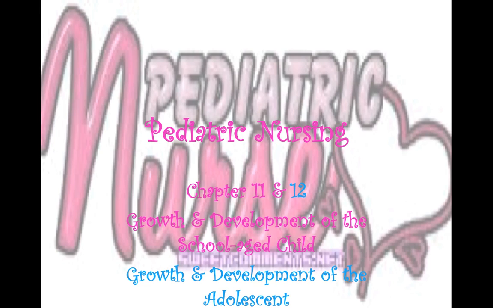So, as we start, we will go through chapter 11 first, which will be growth and development of the school-age child. I do want to make note that within these last two chapters, you want to try to tie together all of the stages and all of the theorists and see if you can come up with a way to make a smaller, more convenient chart for yourselves as to what they do in each age, so that it'll be easier from here on out as we go back and review growth and development.